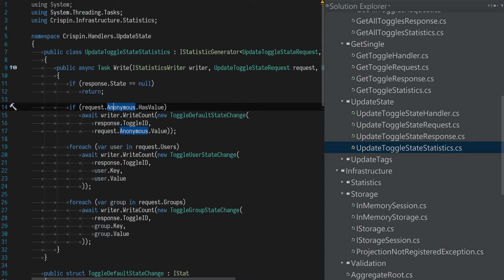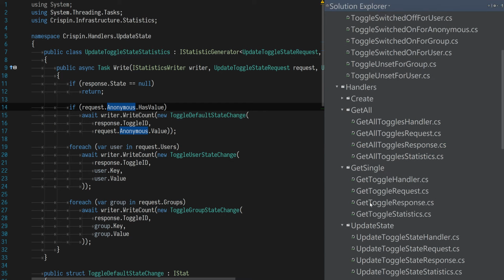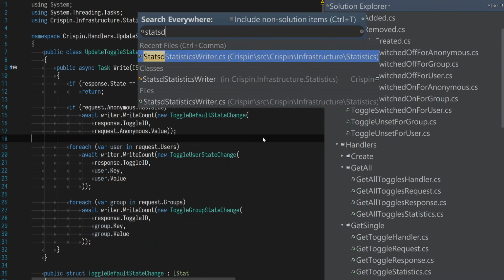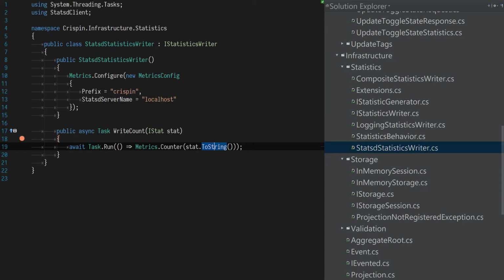Now, one of the things we wanted to do was the Statsd renderer. Now, this one at the moment is just calling toString, which is not what we want to do, because it's not going to generate the right kind of metric. Now, there are many ways we could implement this, but the most straightforward, for the time being,